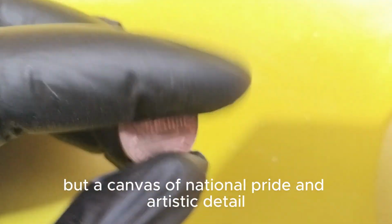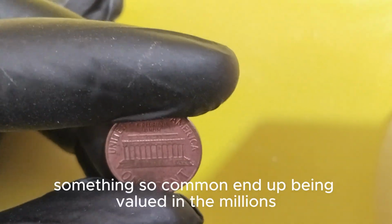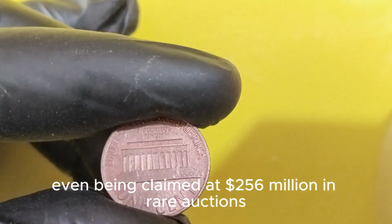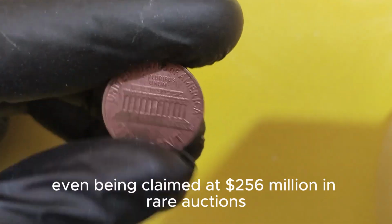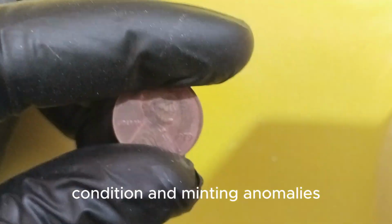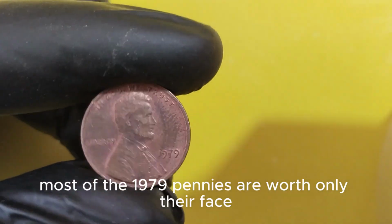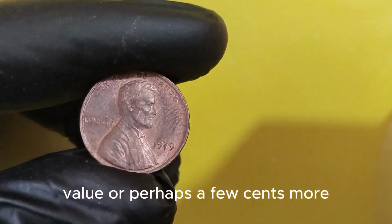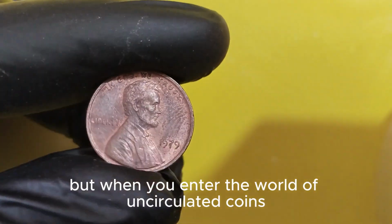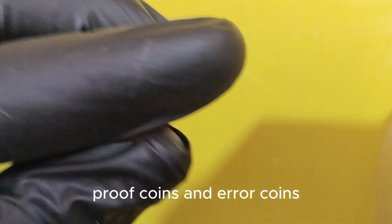and artistic detail. Now, why does the 1979 1-cent coin, something so common, end up being valued in the millions, sometimes even being claimed at $256 million in rare auctions? The answer lies in rarity, condition, and minting anomalies. Most of the 1979 pennies are worth only their face value, or perhaps a few cents more if they are in average circulated condition. But when you enter the world of uncirculated coins, proof coins, and error coins, the story